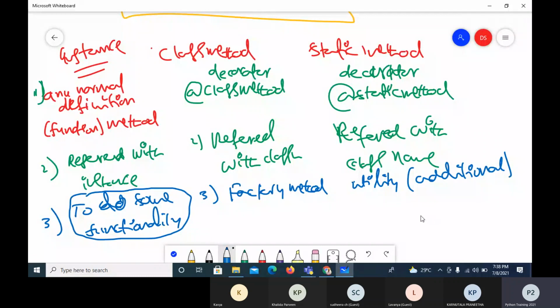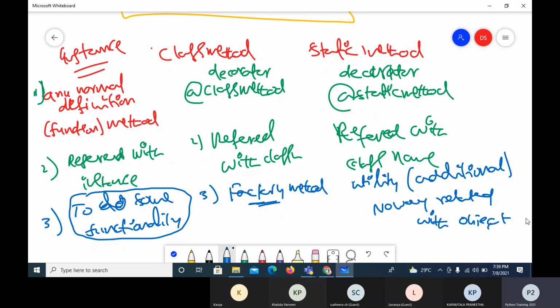So these are the differences between class method, static method, and instance method. Here you know that the object is built. Here it is in no way related with the object. So this is the static method.